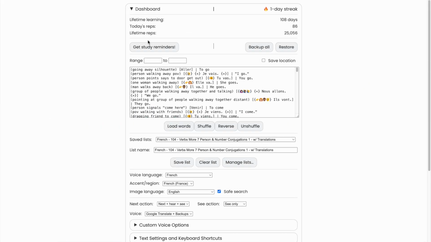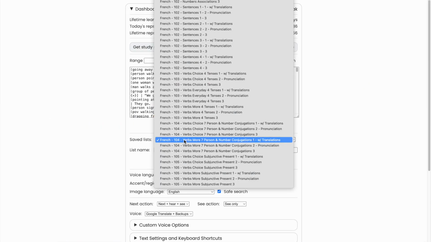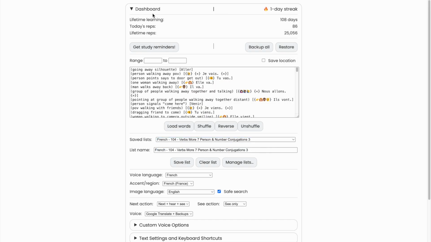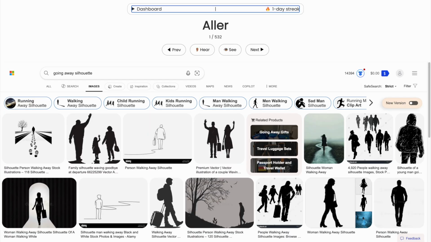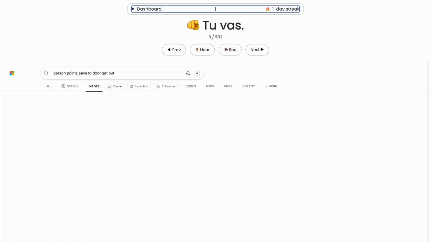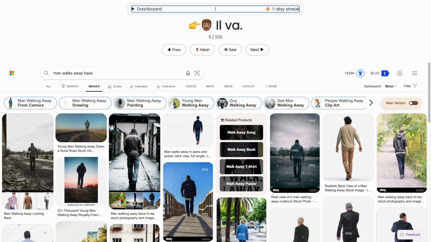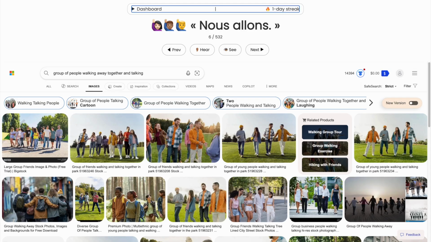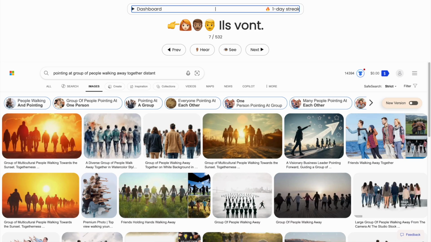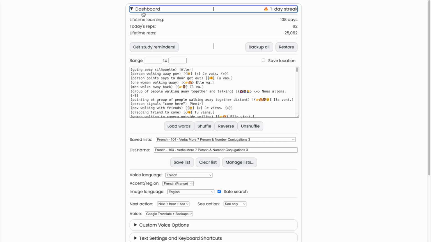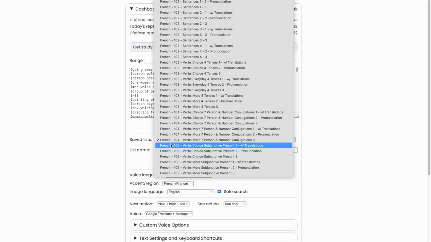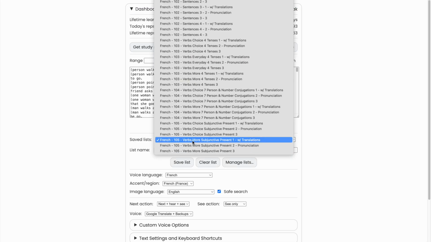what they mean. And that way we could do this version without the translations if we wish, pretty easily. Aller, je vais, tu vas, elle va, il va, nous allons, ils vont. And even without the English translation there, you know pretty well what they mean. Then, if we take one step further, if we go into the 105 lists, this is the subjunctive